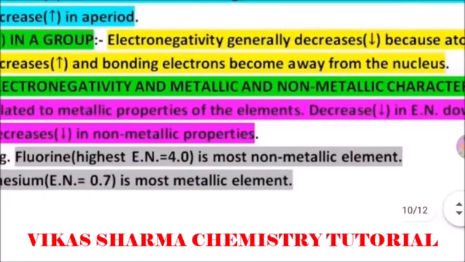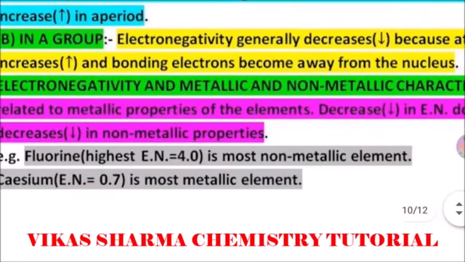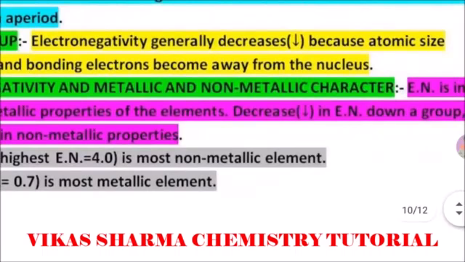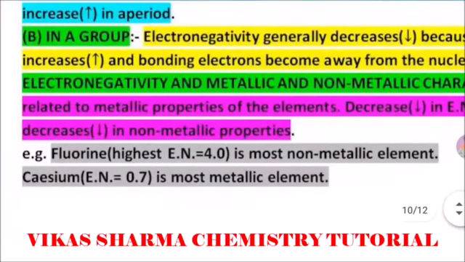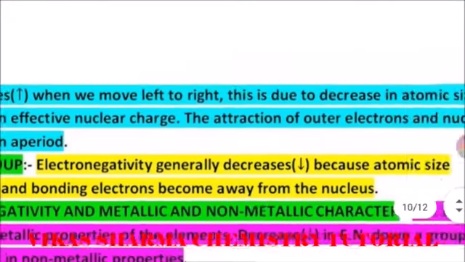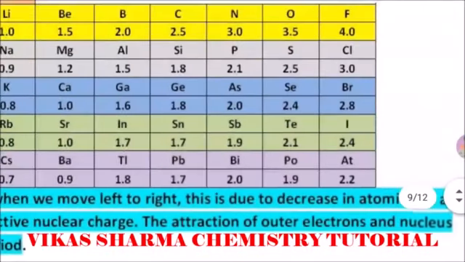Electronegativity is inversely related to the metallic property of the elements. A decrease in electronegativity down a group means a decrease in non-metallic property, so at the bottom of the table the metallic character is highest because the electronegativity is lower. For example, fluorine has the greatest non-metallic character due to its high electronegativity of 4.0, but